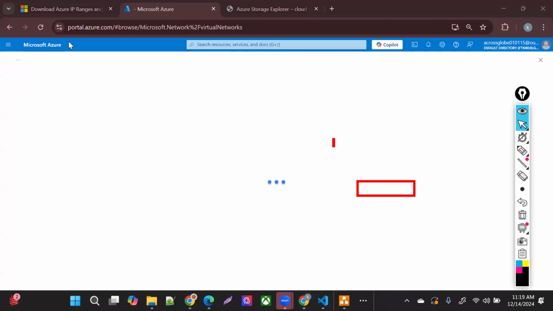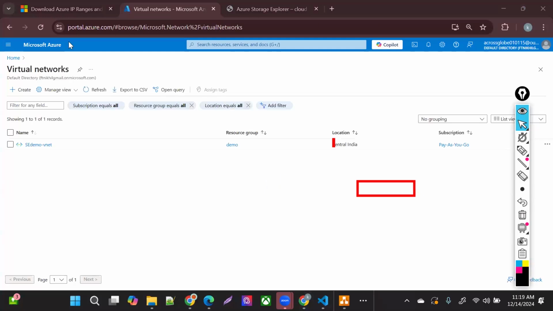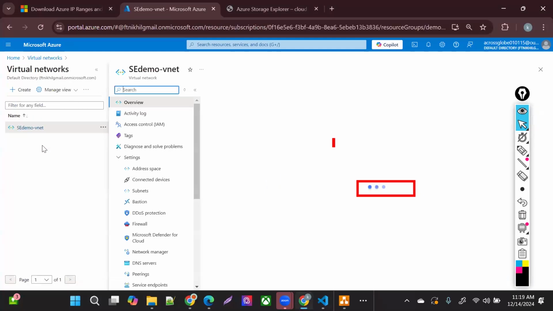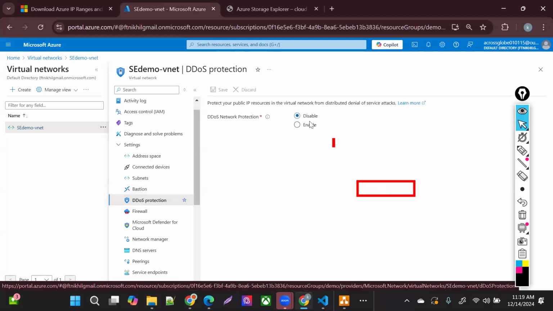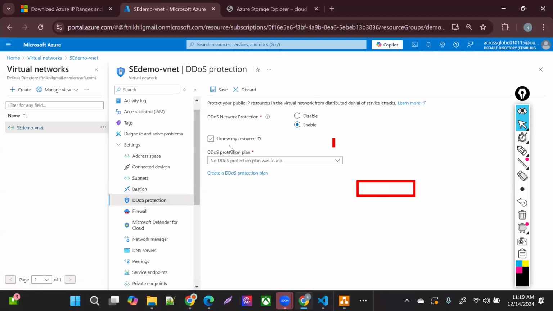Let me open the DDoS and show you how you can do that. So this is your VNet. DDoS works at the resource level. You see the DDoS protection here. Click here and enable the DDoS. Since I do not have any DDoS plan, I can just select the DDoS plan here.